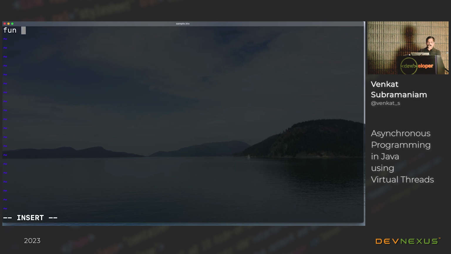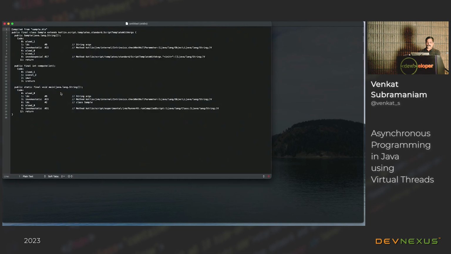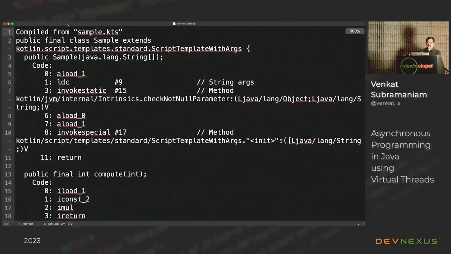If I define a compute function which takes an integer and returns an integer times 2, let's say, if I were to go to Kotlin c-jvm and compile the file sample.kts, I noticed that it created the bytecode called sample.class. So I use javap -c -v, all those good stuff, and take a look at the bytecode it generated. And if I look at the compute function, there is no surprise here.